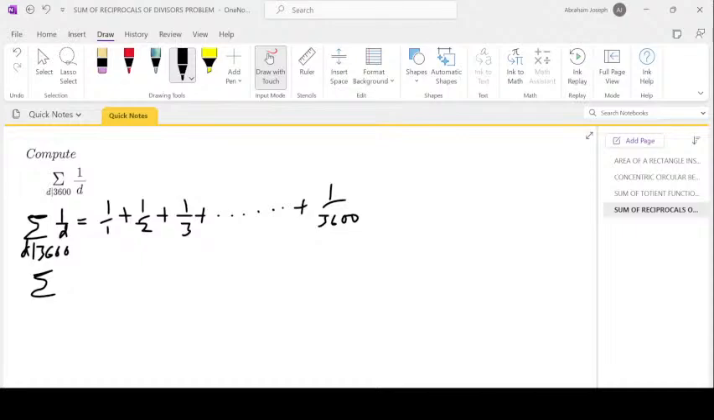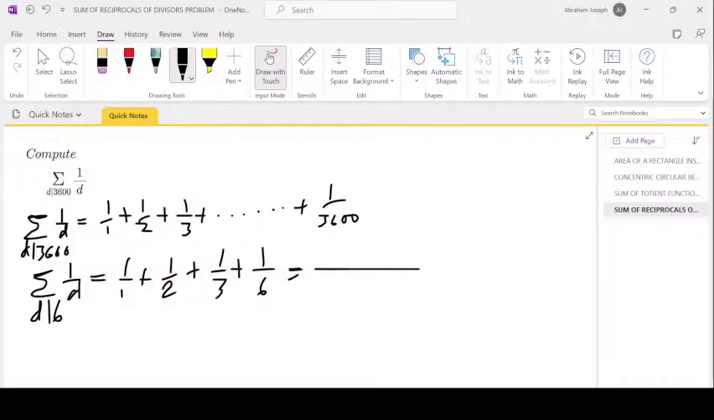Okay, I always like to work with 6. I don't know, maybe that's just for me. So the sum of 1 over d will be 1 over 1 plus 1 over the other divisors of 6. We have 2, we have 3, and we have 6. So this is easy for anyone to do. Now the LCM is 6. 6 divided by 1, that is 6,